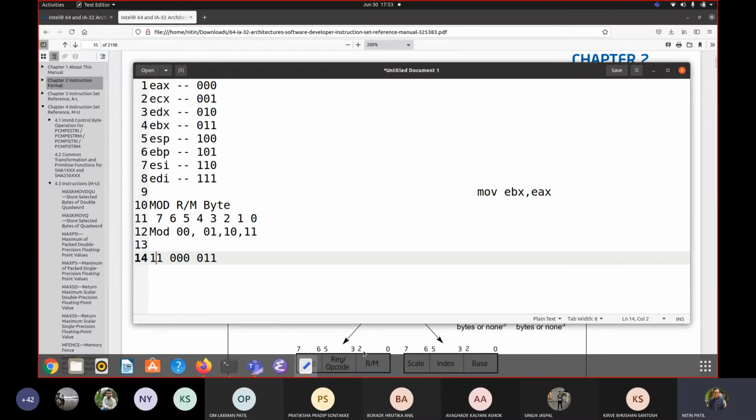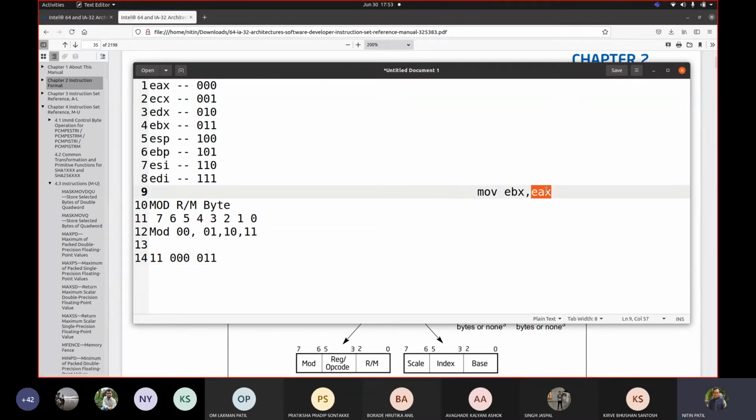So this was mod. Whatever the source you have, its register number would be written here. So it would be like this. Okay, let me go here. So mod would be 11 because it is a register. So the EAX number, it is in cross. You may see here. Cross means what? If I see it like an X, correct? The position of the second would be here as the first, and the position of the first would be at the second. So EBX would be what? 011. So what was our next instruction?